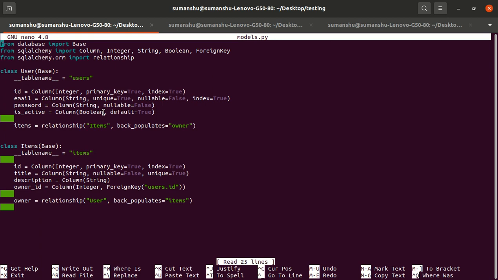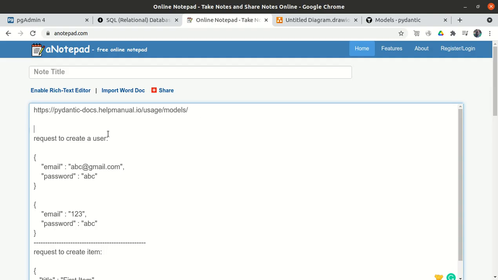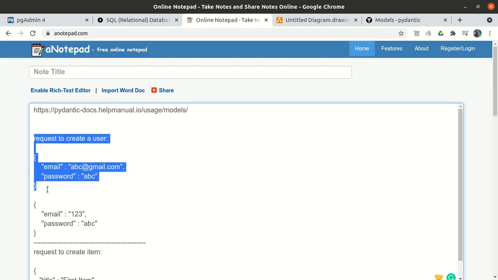So the user will not maintain this is active; this is only for our purpose. If the database administrator has to make any user inactive, they can directly go to the backend database and change is active to false for the particular user. So from the front end, the user just has to pass the email ID and the password. So how will the user pass it? The user will send one request in the form of JSON, and as part of the JSON, the user will send the email and the password.